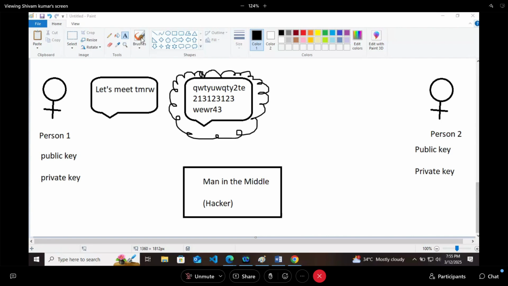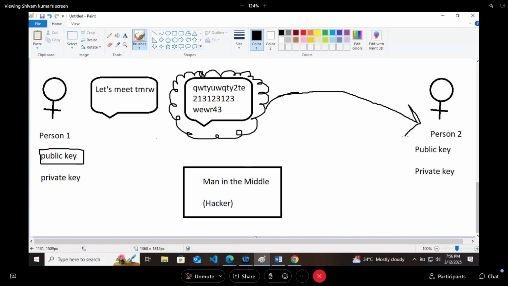The first use case is that person one can use his public key to encrypt the message. A public key can be a string, a number, anything, any particular character, int value, or string value. Message encoded. Now the hacker can't open this because the hacker doesn't have the key. When this message is going to person 2,